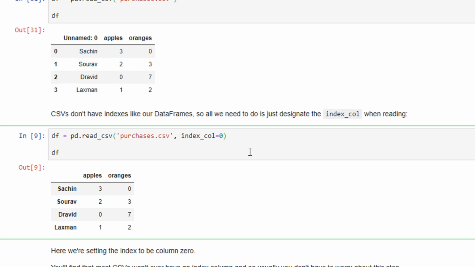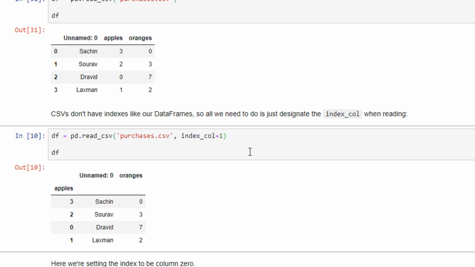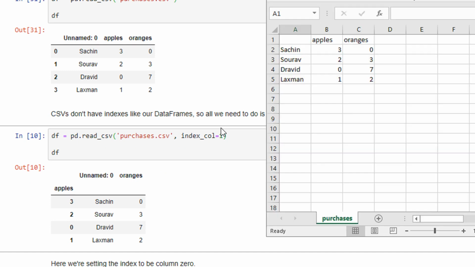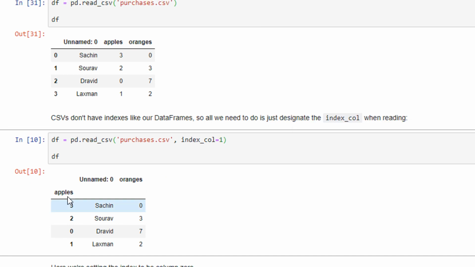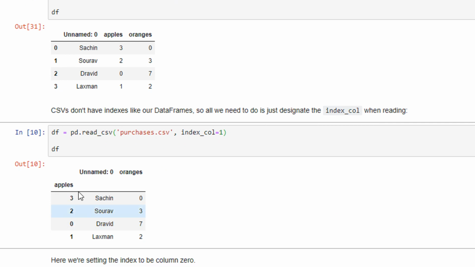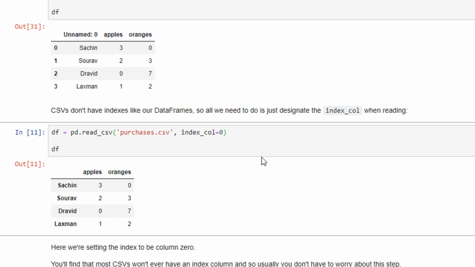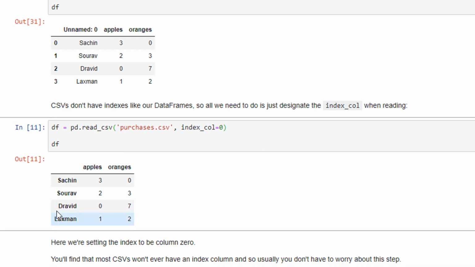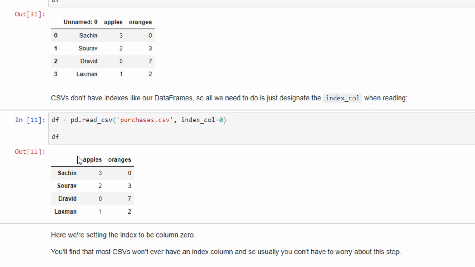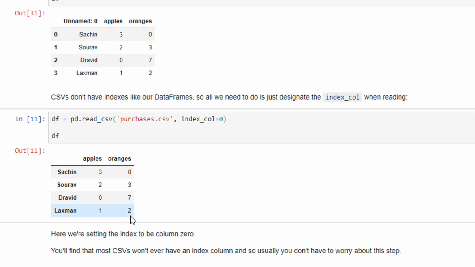If you want to make any other column the index, you can do it like this. For example, I am saying index_col is 1. The first column is apples. You can see apple has now become the index, and pandas automatically moves the index to the first column virtually. The file still has apple as the second column. Let us keep this as 0 for the time being. You can see we have our index, identified in bold, then the headers and the content.